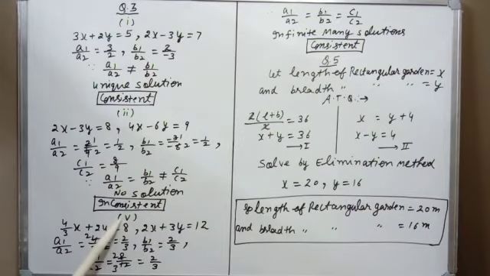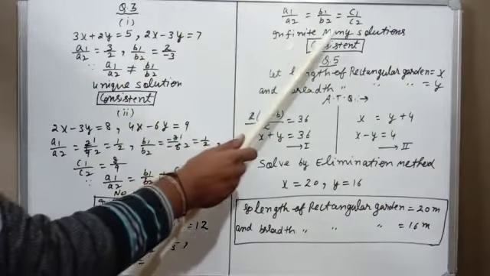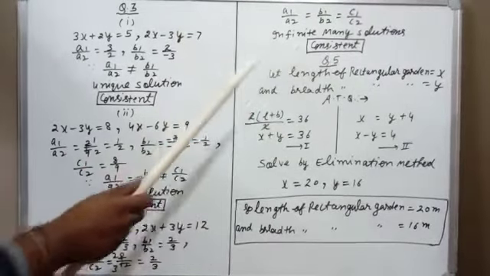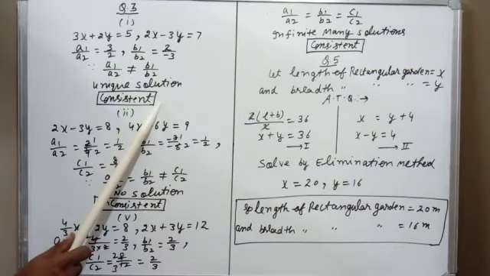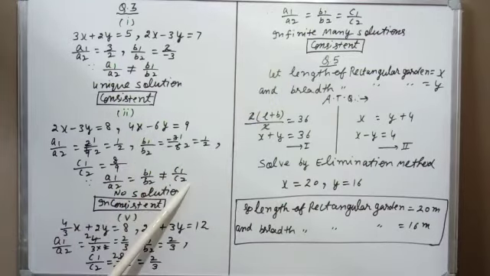Let us take the case of the fifth part. So a1 upon a2, this is 4 upon 3 upon 2. So by solving this we will get 2 upon 3. Then b1 upon b2, again 2 upon 3. Then c1 upon c2, by solving this again 2 upon 3. So all these three are equal. It means we are having infinitely many solutions. If infinitely many solutions, again we are having the case of consistent. So unique solution, consistent; infinitely many solutions, consistent; but if equations are having no solution, then it is inconsistent.